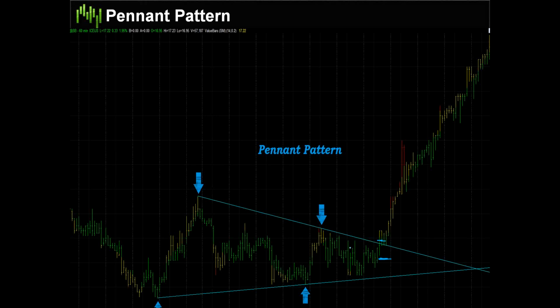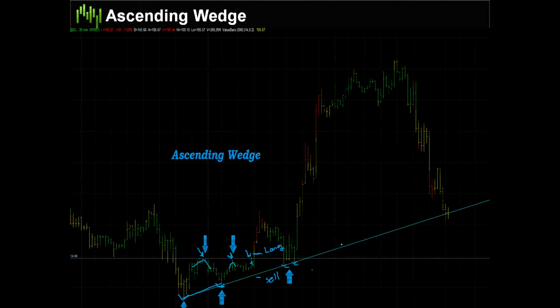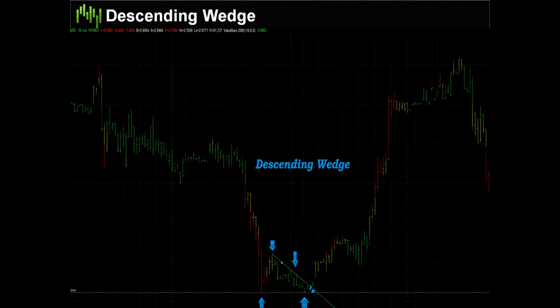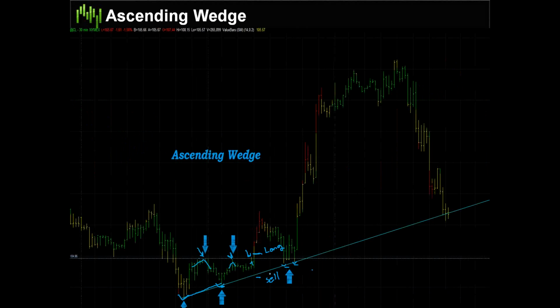Is there a higher probability of breaking up or down? Honestly, there's some people that will tell you there's a higher probability of breaking one direction or the other with ascending and descending wedges. I honestly don't care what the probabilities are. I do not get in until it's broken out. So I wait for it to get out. You don't have to wait for it to close outside of the trend line, above or below the trend line, because you'll get something like this where it breaks out and then rallies quite a bit right away. You get in as soon as it breaks out. You don't wait for it to close.